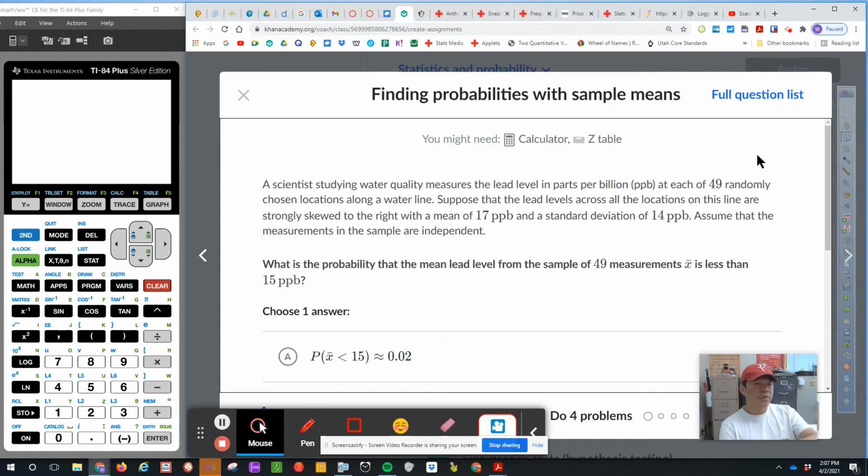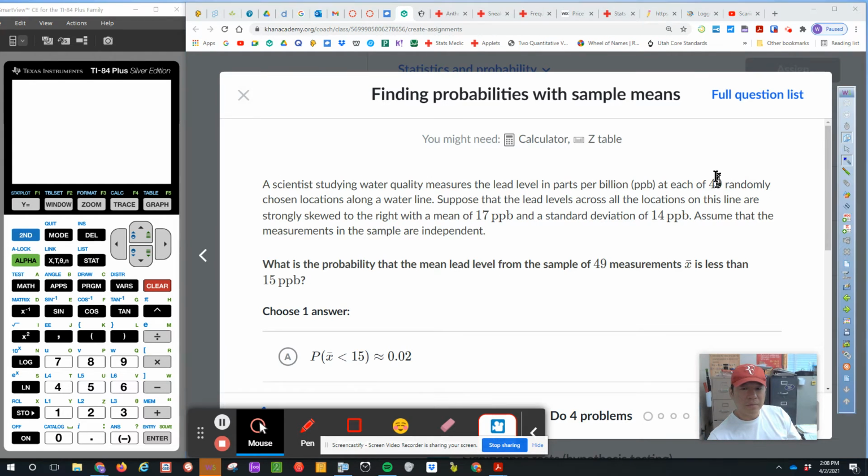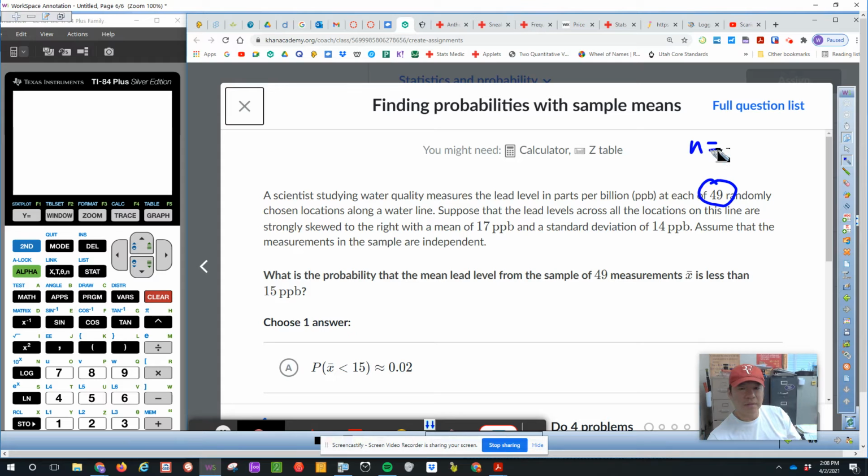Okay, so first question. A scientist studying water quality measures the lead level in parts per billion (ppb) at each of 49 randomly chosen locations along a water line. I like the number 49. It's a good number because n is 49, which is greater than or equal to 30, which means the central limit theorem applies, which tells us that the sampling distribution of the sample mean is